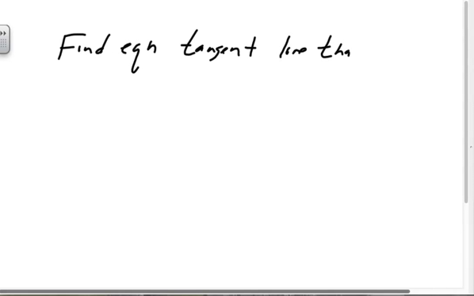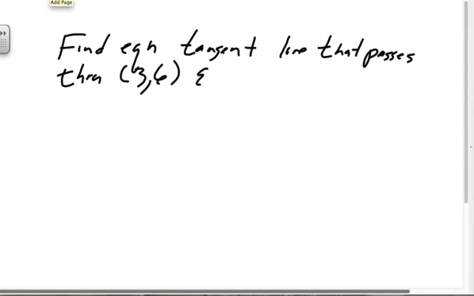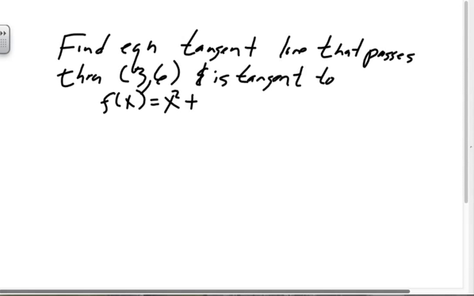So for instance, we want to find the equation of a tangent line that passes through the point (3, 6) and is tangent to f of x equals x squared plus 3x minus 3 at (1, 1). Okay, so the first thing we need to do then is find the slope